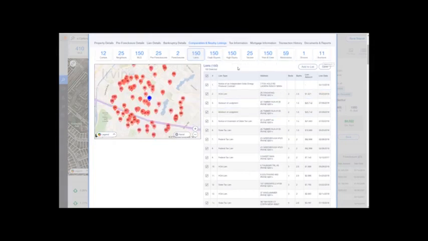Now let's get back to the comps tab and run our own comps. So you can change the date range, change the square footage, change the distance from the subject property. Incidentally, the default is half a mile, and you can indicate a new distance by typing in this box. You can change the number of bedrooms and bathrooms. But for now, rather than do that, I'd like you to pay attention to this section right here below the words